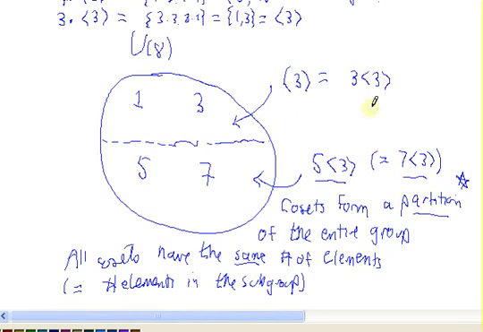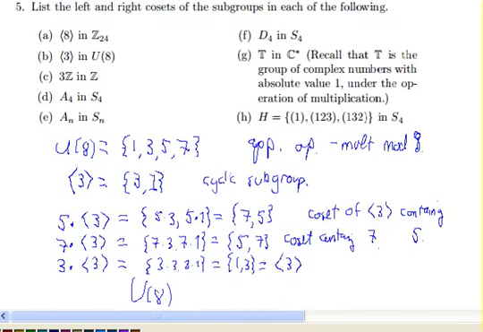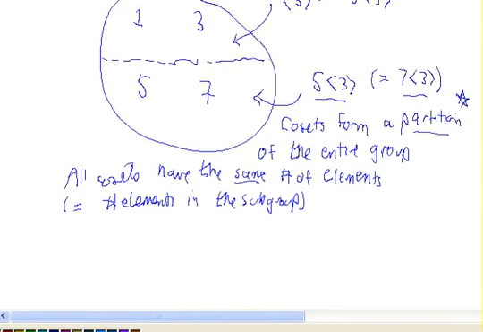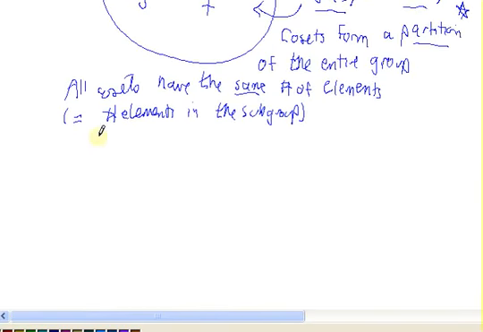All right, so I've given you some extra information here just to summarize the answer. It says list the left and right cosets of these subgroups. All right, what I've done here is, what I found is the left cosets. Sorry, I think I said that wrong. I found the left cosets because I multiplied the original subgroup on the left by group elements. Okay. So to summarize, I have the left cosets